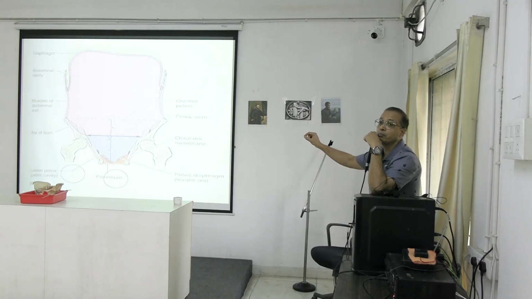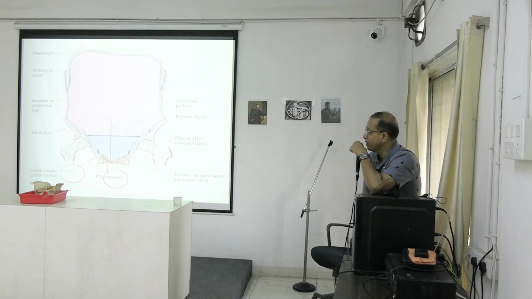This line is the pelvic brim. Now above this pelvic brim, on the top of this iliac bone, we have this space we call the greater pelvis. Under this, we have the false pelvis or true pelvis, which is under this. We call it the lesser pelvis, or the pelvis proper, which is lying here,